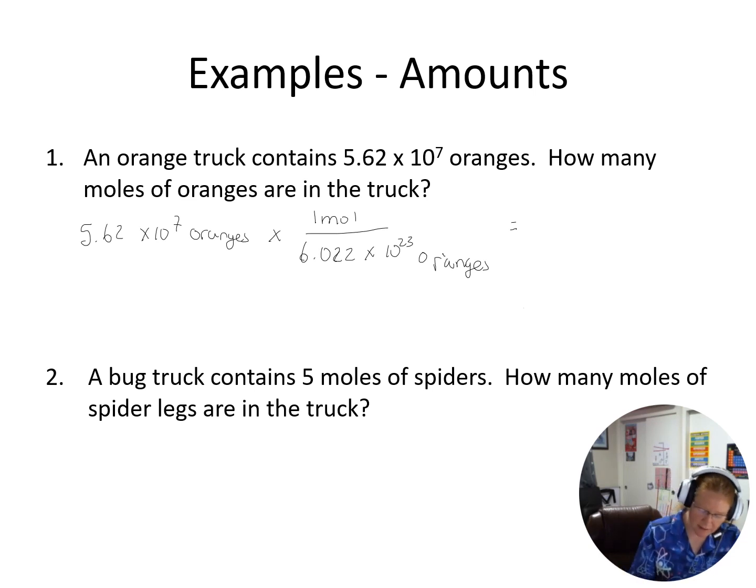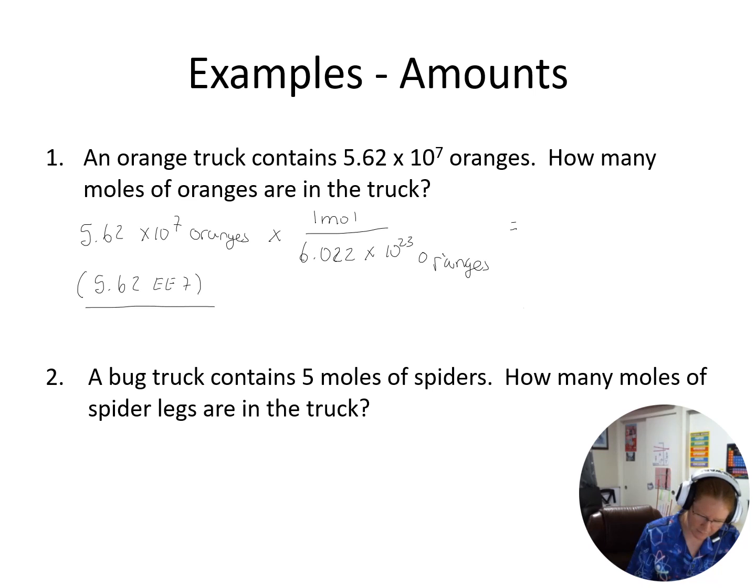So when I punch this into my calculator, I do parentheses 5.62, and then I use the EE button, because that EE button represents 10 to the, so 5.62, EE, 7, close parentheses,